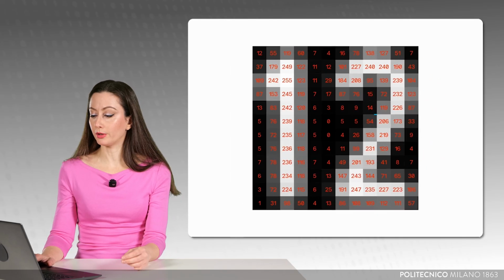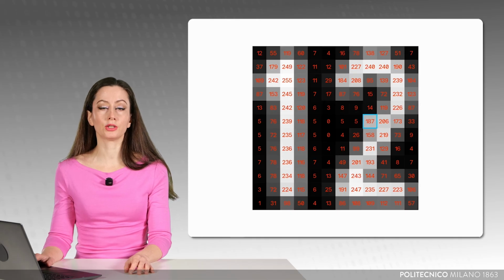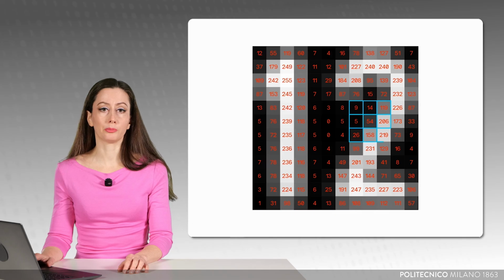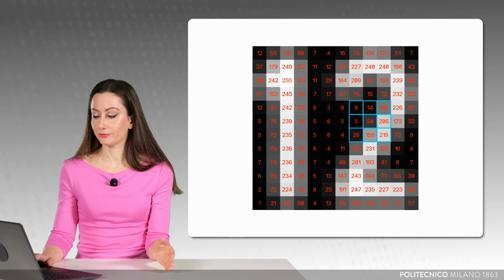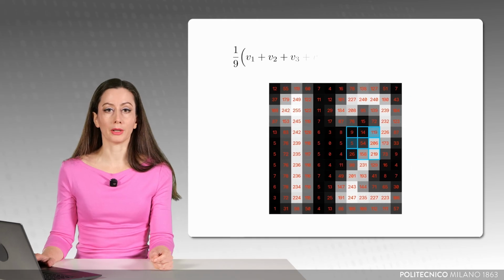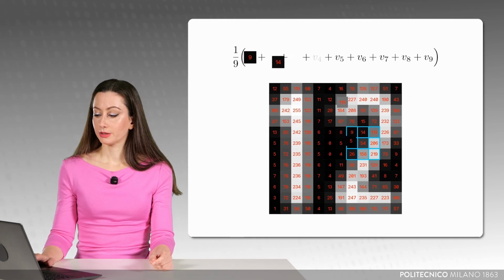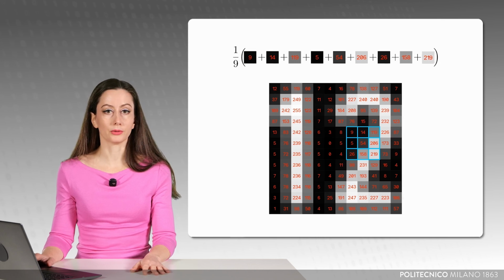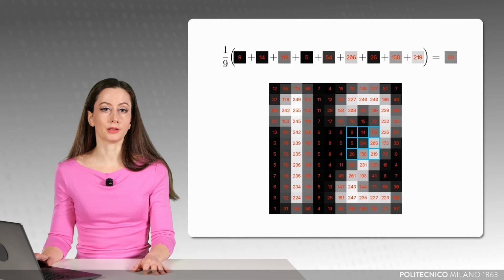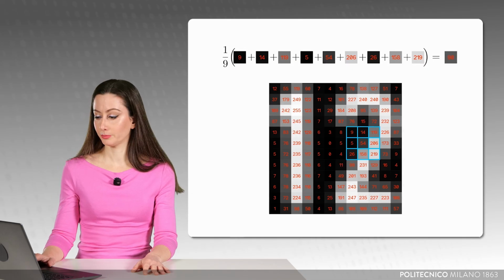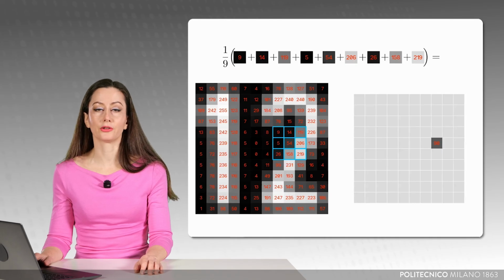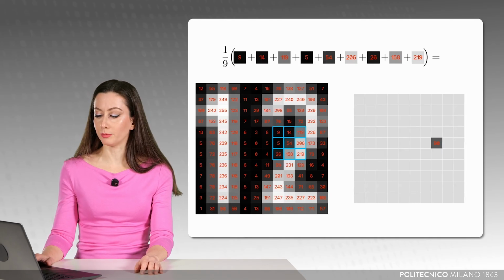To understand how to blur an image, it is important to highlight that changing the values in the matrix affects the image, and that the easiest way of blurring an image is to average out the values of neighboring pixels, for instance, using a simple arithmetic average. So for a given pixel, we replace its value with the average of these 9 values. And in this case, we obtain 90, which is a middle gray. This operation will then be repeated for each pixel, or more precisely, for each internal pixel of the original image.